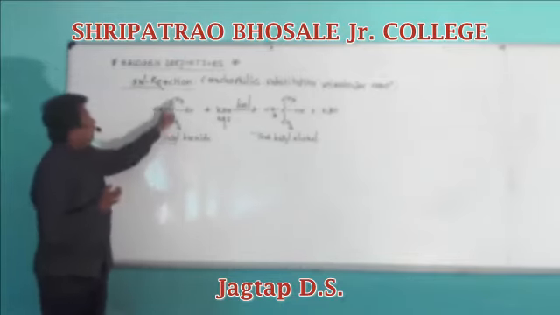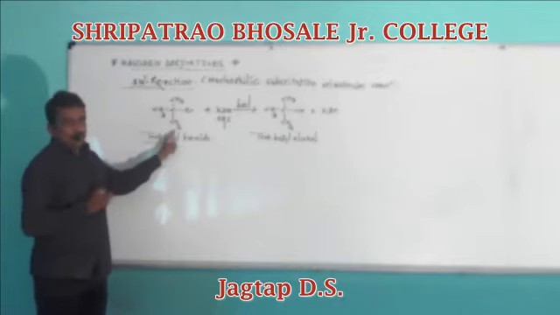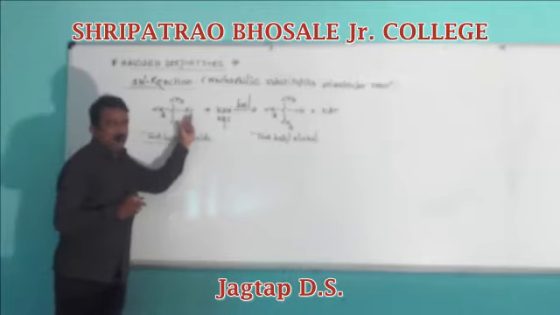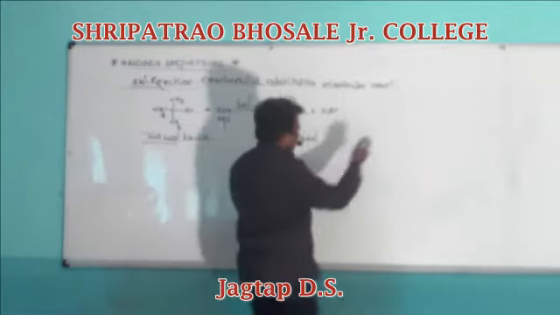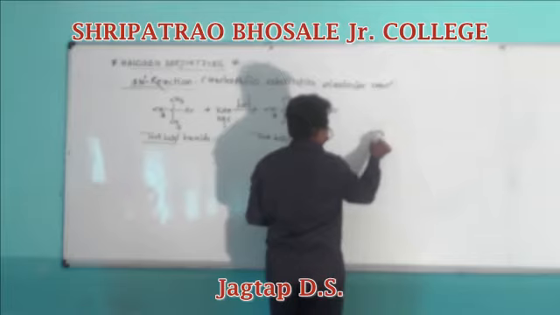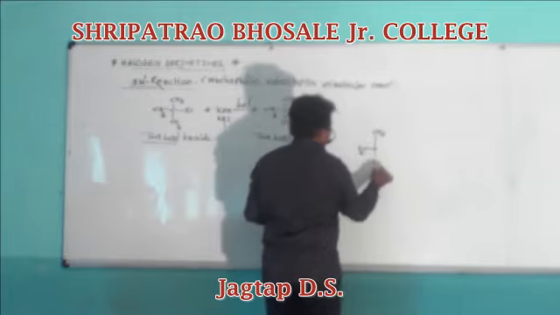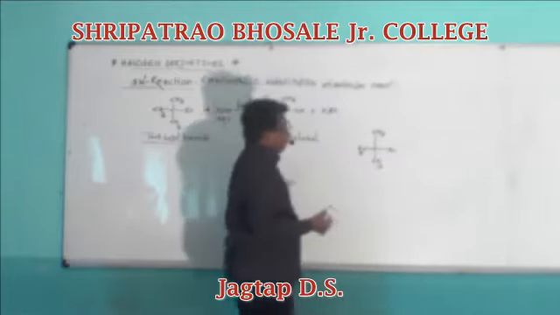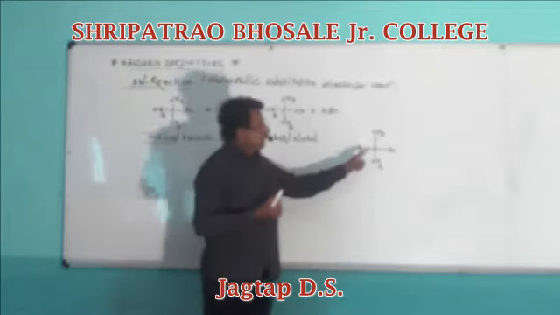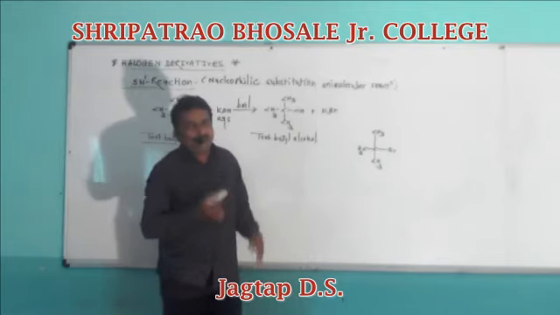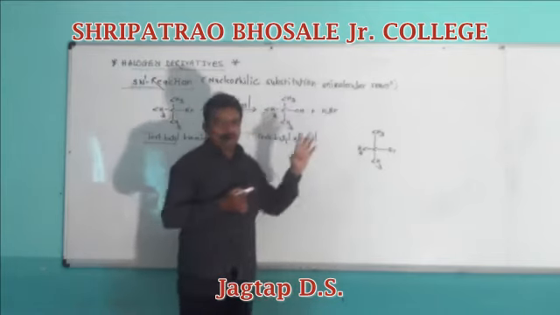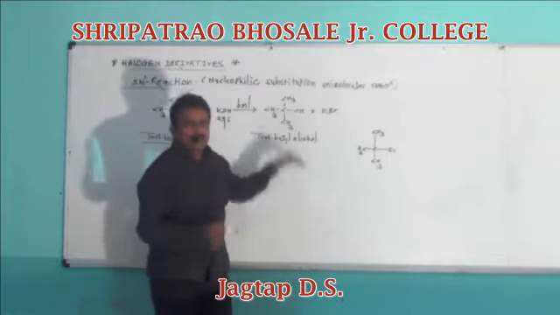But in this reaction, due to the positive inductive effect of the three methyl groups and the negative inductive effect of bromine, see here, in tertiary butyl bromide, bromine is directly attached to a tertiary carbon atom, so it is a tertiary alkyl halide. It is most favorable for a unimolecular reaction. It is most favorable for the SN1 reaction.